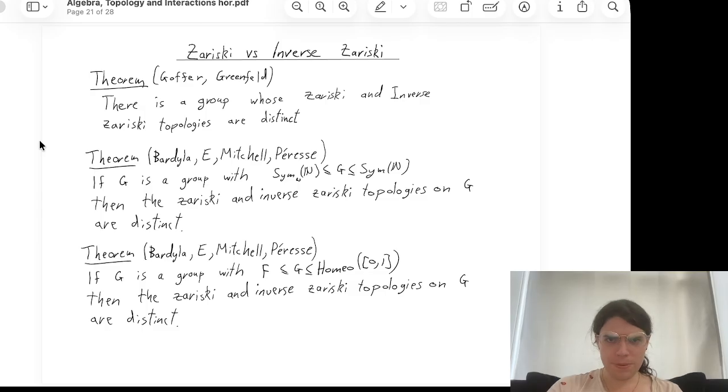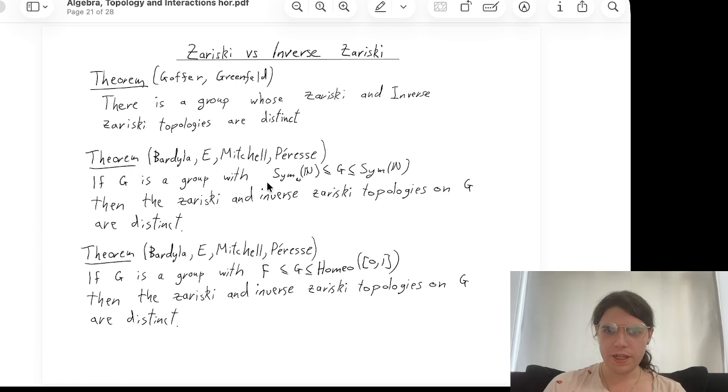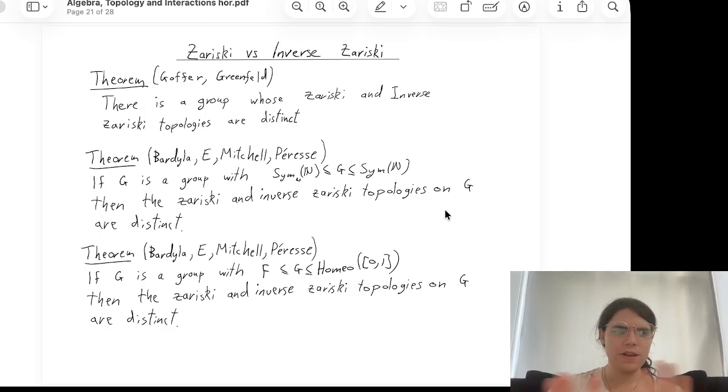It was proved more recently in a paper by Serhi, me, James, and Jan that if you take any group which is contained in the infinite symmetric group and contains the sort of finite support symmetric group, then the Zariski and inverse Zariski topologies are distinct. And it was proved even more recently than that if you look in a different setting, look at the homeomorphisms of the interval, and you take any group which contains Thompson's group F, then they're distinct. So there's like loads of groups where these are different, and so these are very different things, and they should be acknowledged as different objects. And certainly they can be different for inverse semigroups. In fact, they're different for the symmetric inverse one.